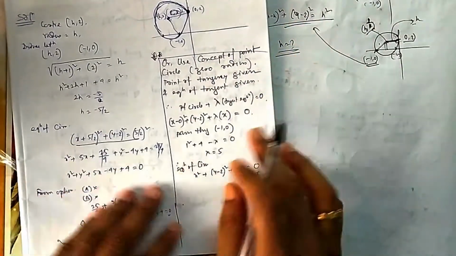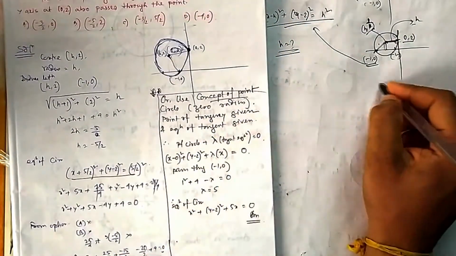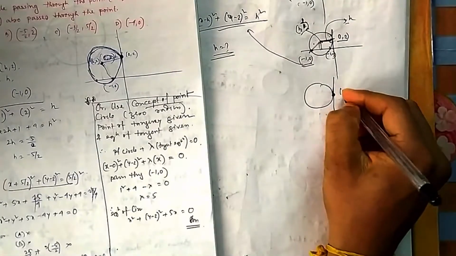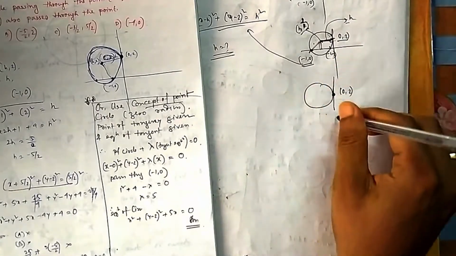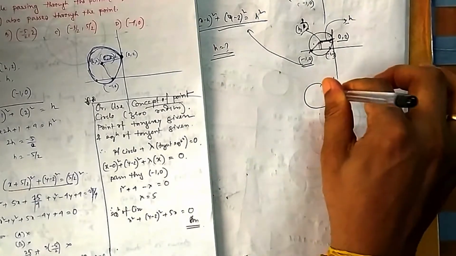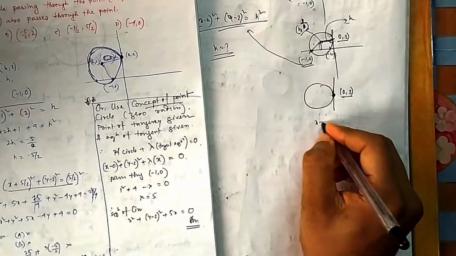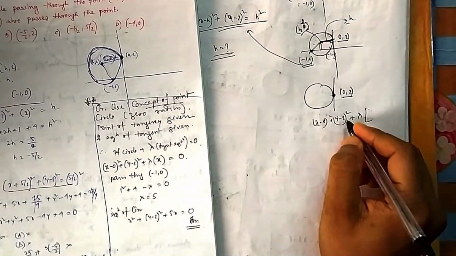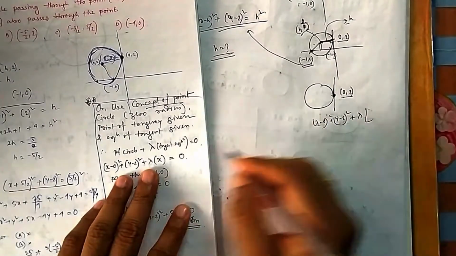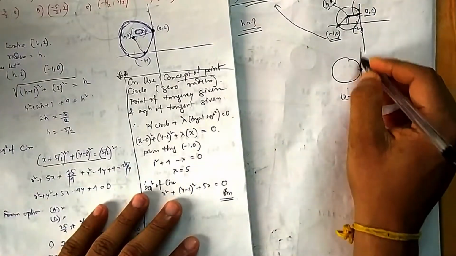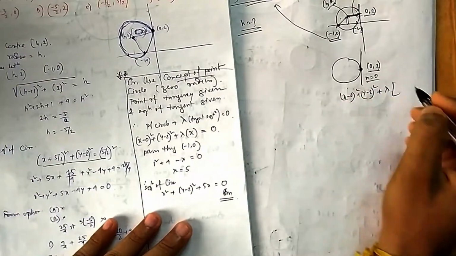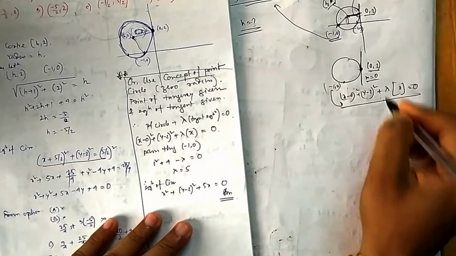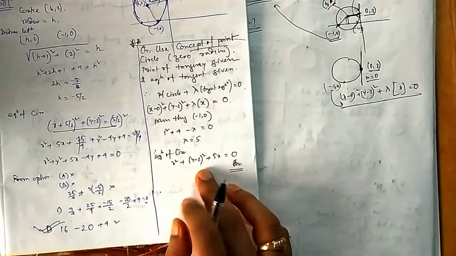Either way you can do it, or you can use the concept of point circle, because it is a circle touching at this point. So you can consider it a point circle and a line. So a circle passing through the intersection of the point circle and the line. What is the point circle? (x minus 0) whole square plus (y minus 2) whole square. This is the point circle, because there is no radius, that's why it is a point circle, plus lambda into the equation of the line. What is the equation of this line? This equation is x equal to 0. So lambda into x, that is equal. Now for finding lambda, because it is passing through -1, 0, you put it there and you will find lambda. From that also you can solve. So both will give you the same answer.